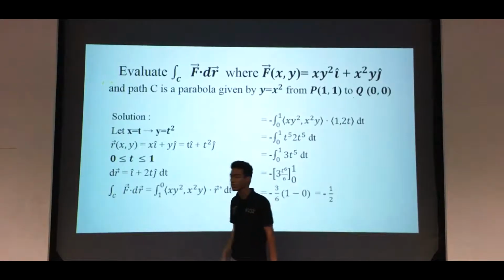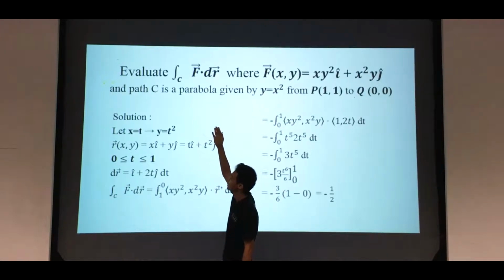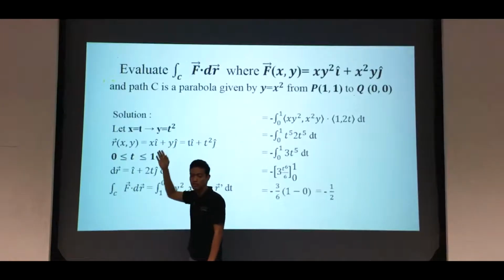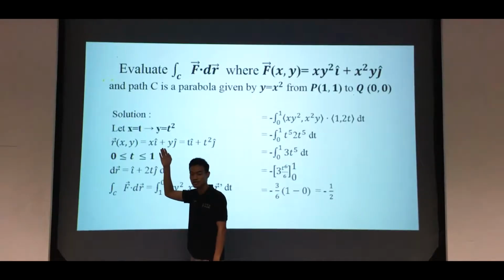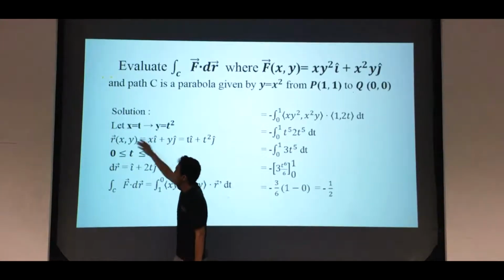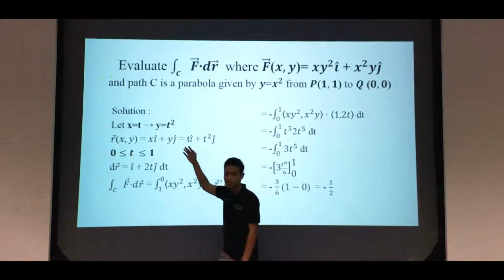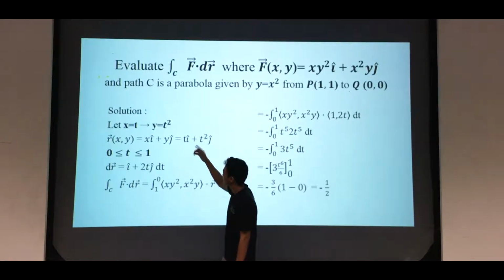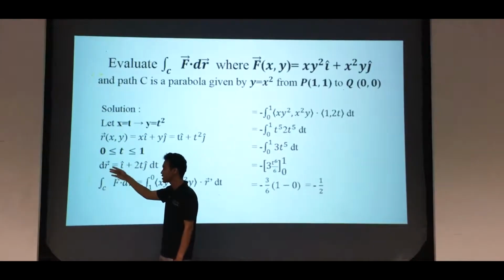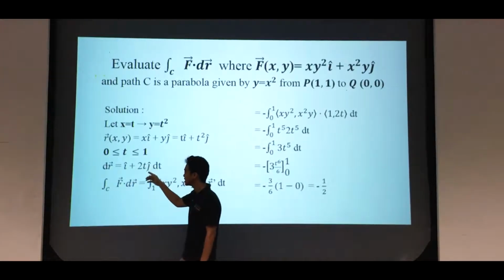To solve this question, we just have to input into the formula, which is the integral of F dr. The first step is we let x equal t and y equal t squared to standardize the function in terms of t. And then find the first value, which is r(x,y). r is xi plus yj, given. Standardize it into one term, t, into ti plus t squared j. From the r function, we have to differentiate to get dr, and then it turns into i plus 2tj dt,